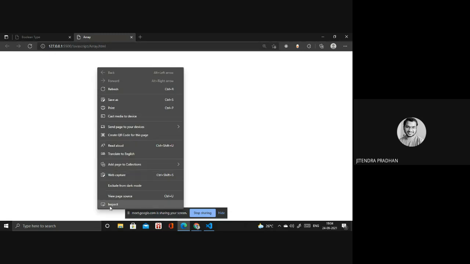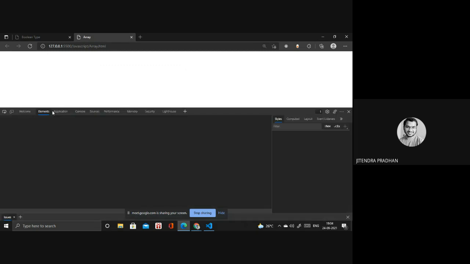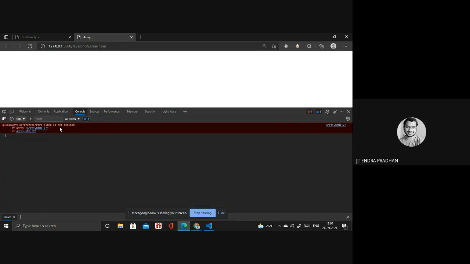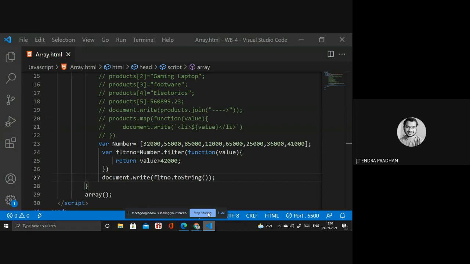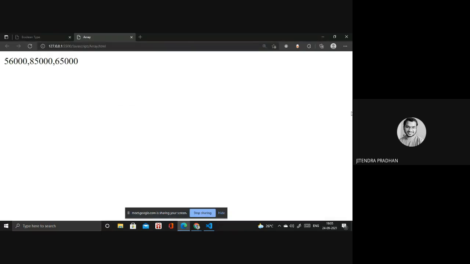Let's see what error we are getting. Filter is not defined. FLT, okay, FLTR, sorry, we have to write R. Okay, now it's coming.